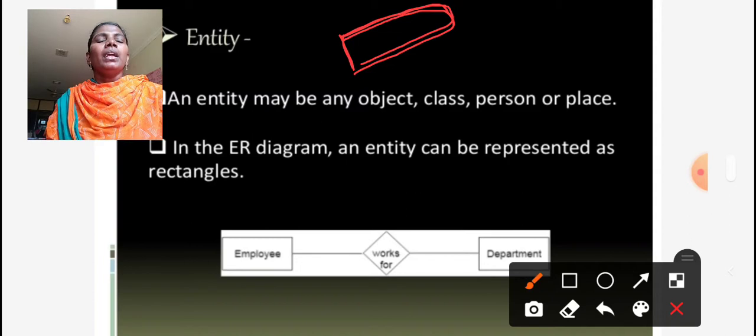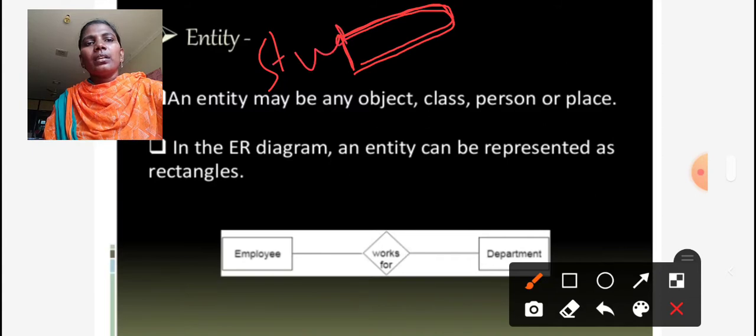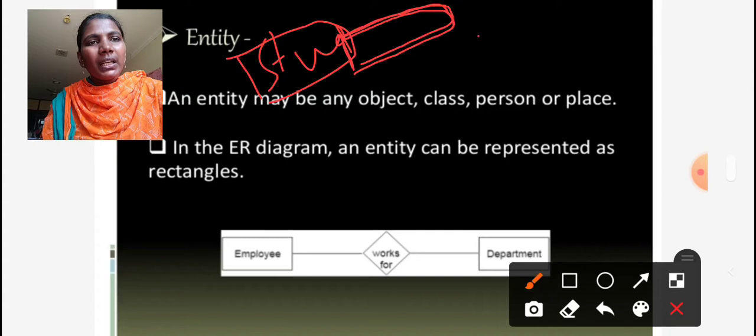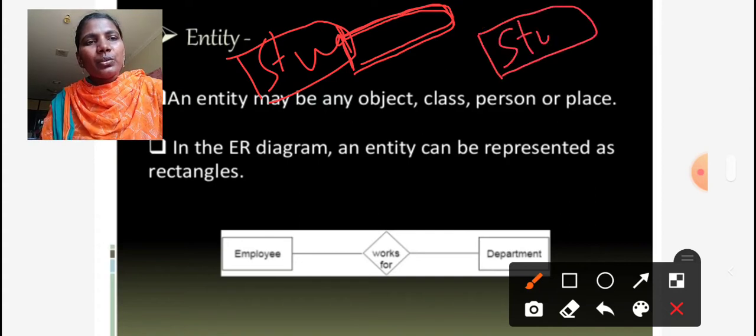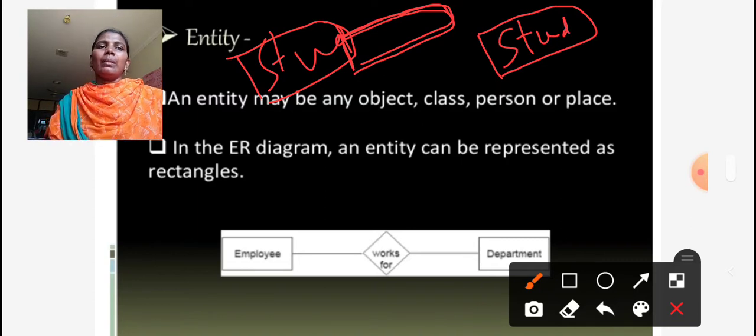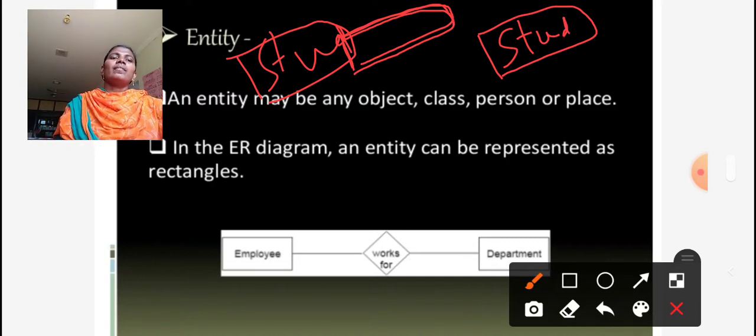For example, if we take the student database, it is an entity, and the entity will be represented in a rectangle box. That means we have to represent student in the rectangle box. That is the representation of an entity.